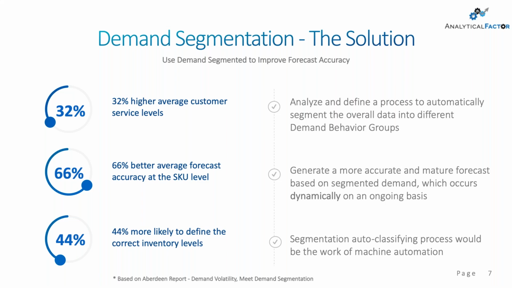So for example, if I have an item that is currently highly intermittent, and 3 months down the road the demand of that item changes into highly variable, the segmentation will identify it and change the segmentation definition for that combination. And it's done automatically, so you don't have to worry about that. It's an automatic process. All you have to do is define it once, define how you want your segmentation to work, and from there you're going to have segmentation, and your forecast is also going to work based on that segmentation.